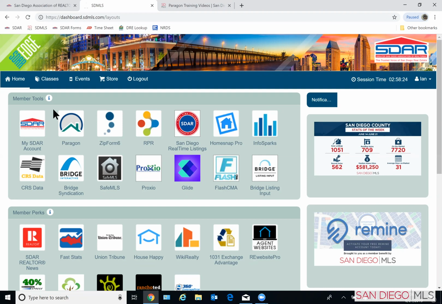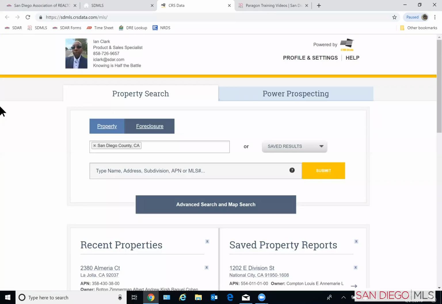So let's go ahead and get started first by clicking into CRS data. And I do want to show you a couple of things here. We're on the dashboard, so we have the icon right here, and we can just click right on it. And we're going to get into our main CRS tax page. As always, your branding will be on the top left, your settings in the top right, your property search here,